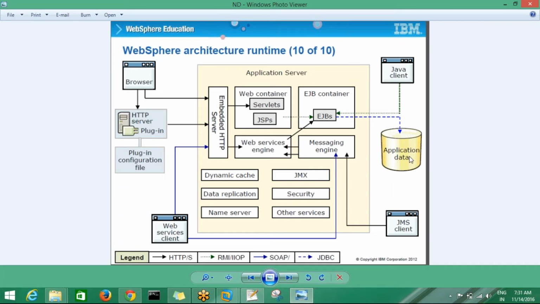So this is application data, which means database. If you have any login pages for that application, the request comes to the database server. Here the database username and password will be authenticated at the database level. After authentication, the login page will be displayed to the end users. Again after authentication, the response comes to the application server, the application server gives the response to the HTTP server, and the HTTP server gives the response to the user. So this is the process.